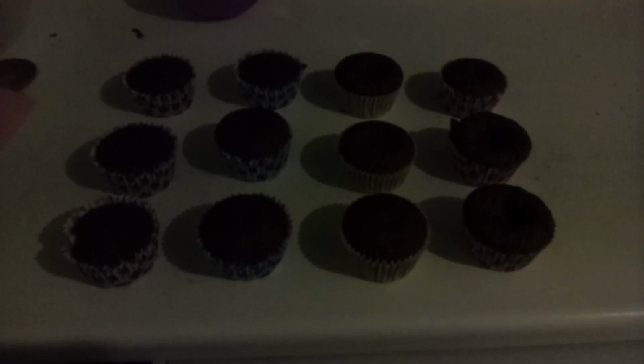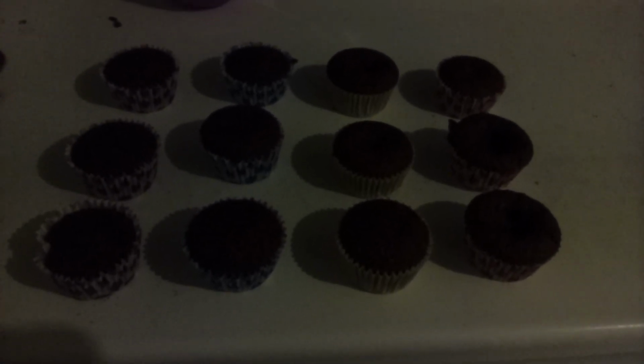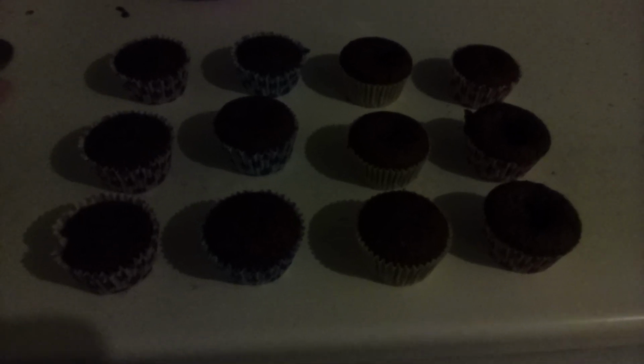These are the cupcakes. They've been baked in the oven for 15 minutes and have been cooled on a wire rack. All you do with the icing sugar is to sieve 150 grams of icing sugar